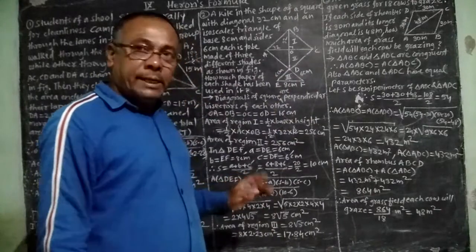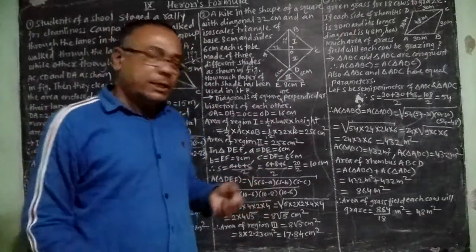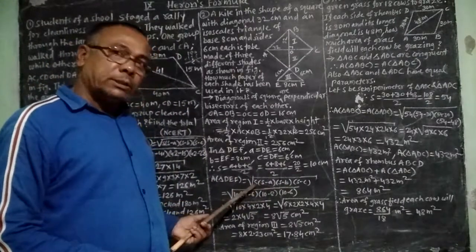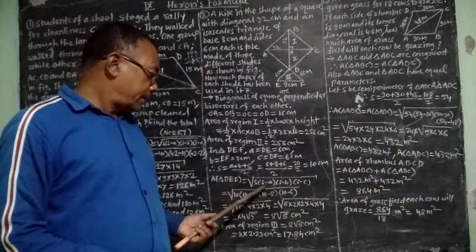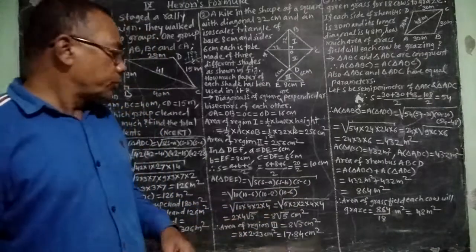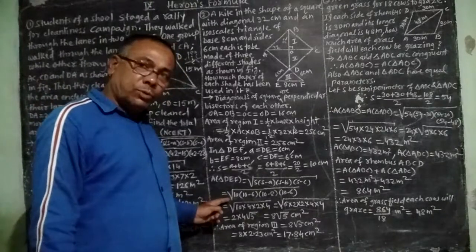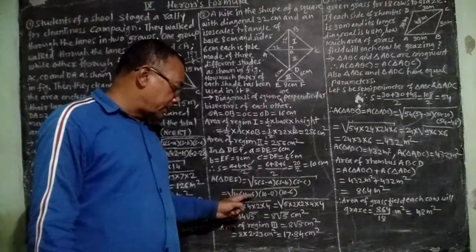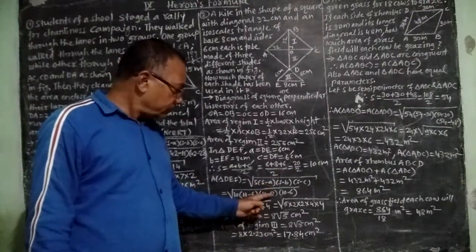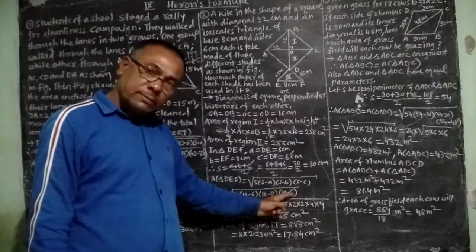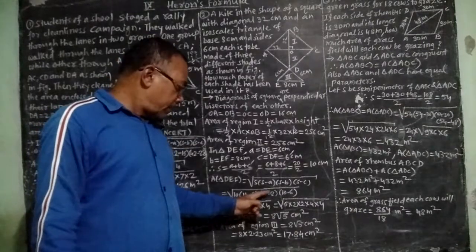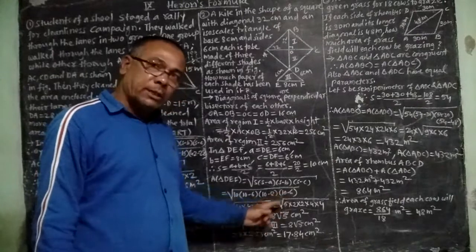And now we will find the area by Heron's formula, that is area of triangle DEF is equal to under root s into s minus a into s minus b into s minus c. And now substituting the values, we will get under root s is 10 into 10 minus a is 6 into another bracket s minus b means 10 minus 8, s minus c means 10 minus 6. So 10 into 10 minus 6, it will be 4. 10 minus 8, it will be 2, and 10 minus 6 again 4.